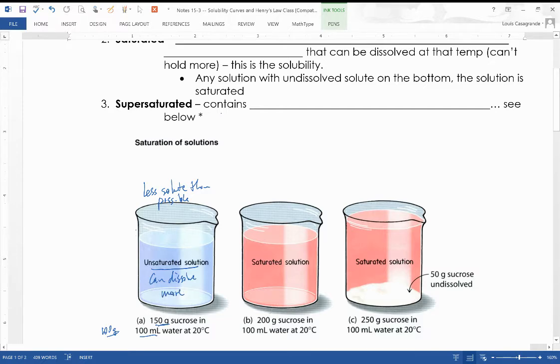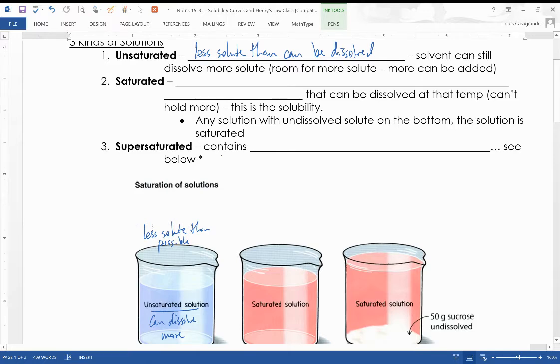Now, let's go back up and take a look at the next line. And in the next line, we have a saturated solution. Now, saturated, you've probably heard this term before. This is kind of like a sponge where you can't put any more water into it. It's reached its limit. Think of it like that. A saturated solution we're going to define as one that contains exactly the total amount or maximum amount of solute